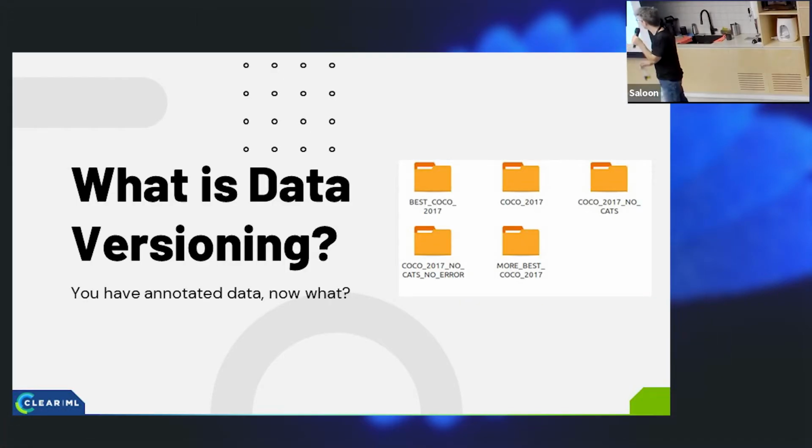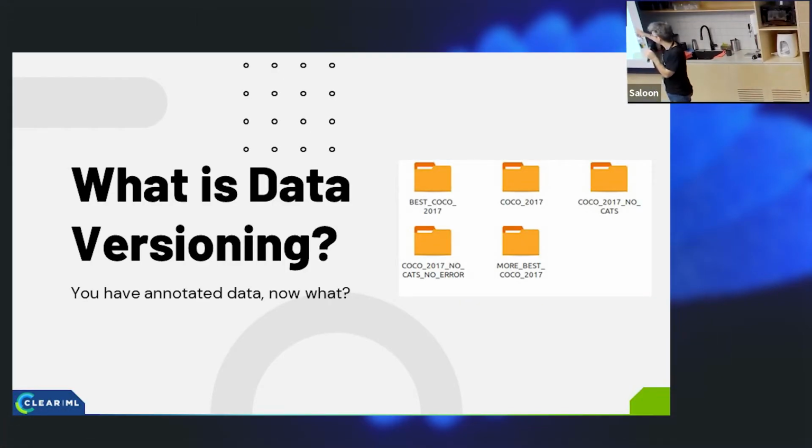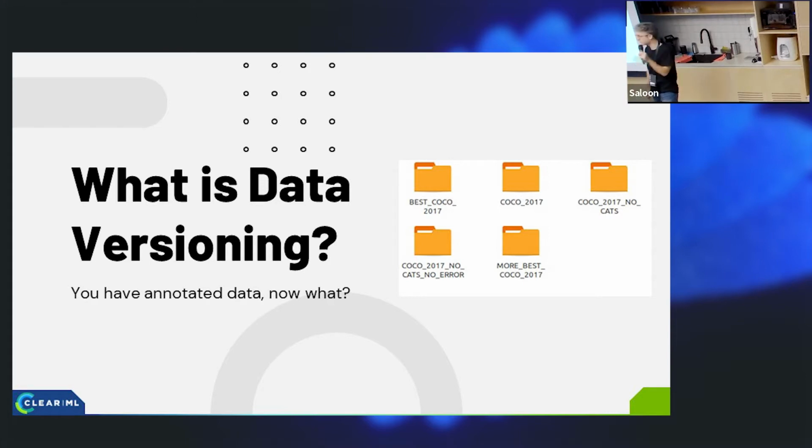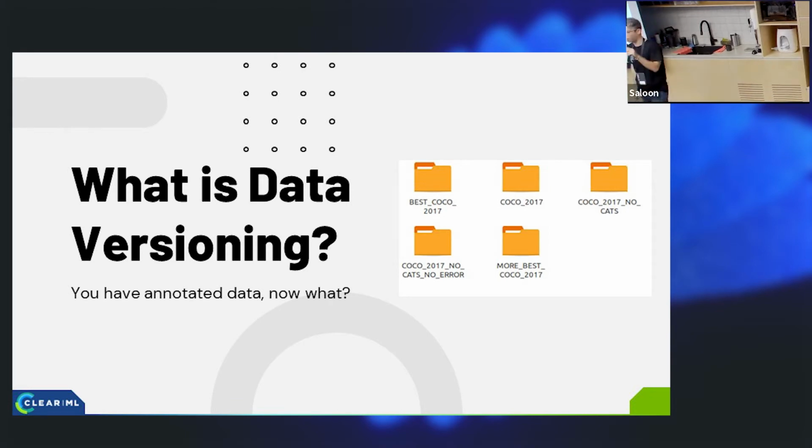Okay, so what is data versioning? This is what I have. This is a screenshot of my desktop, I think, or someone else's, but it's basically the same. Which one of you guys is working for academia? None. Okay, so not faking papers. Okay, which one of you is faking models for their boss? No? Half. Okay, so this is important.